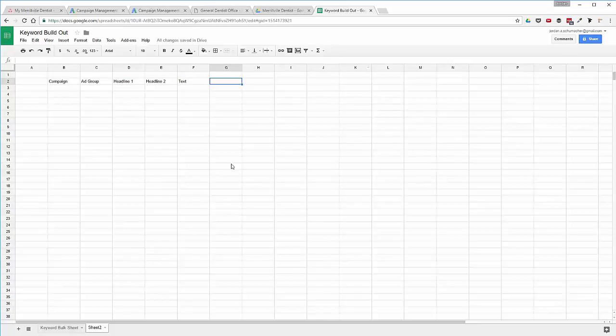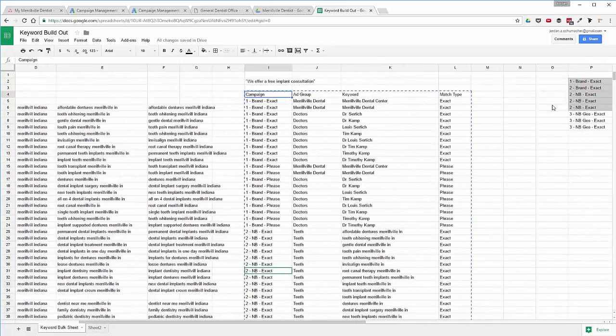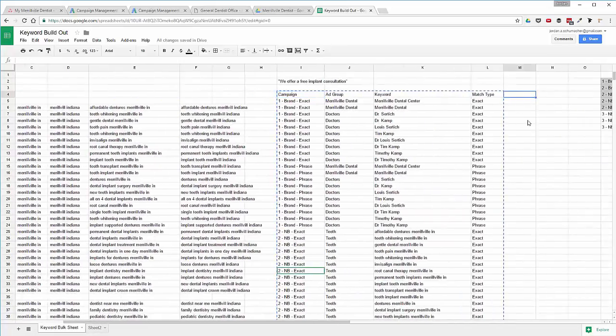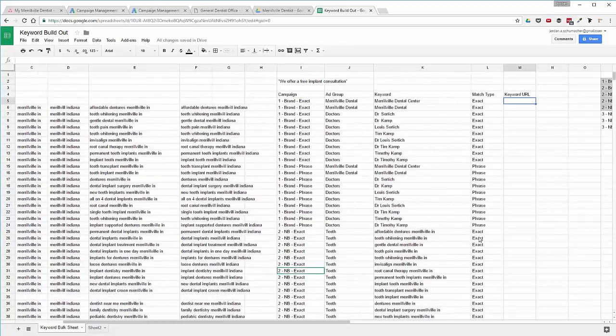and we forgot to set the keyword URLs on the actual keywords. Amateur mistake, easy to make. See, even I forget stuff. That's what I get for not double checking. So keyword URL. And we're going to go in here and set these up. Frankly, almost all of these are going to go straight to the home page,